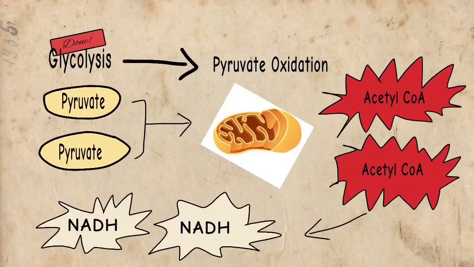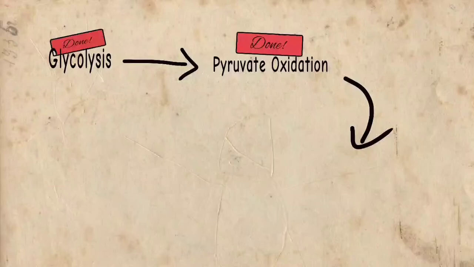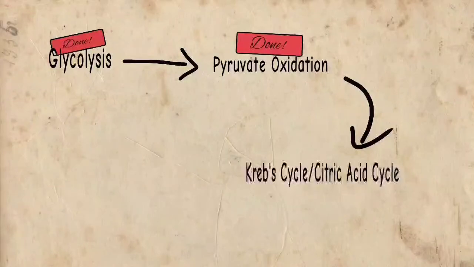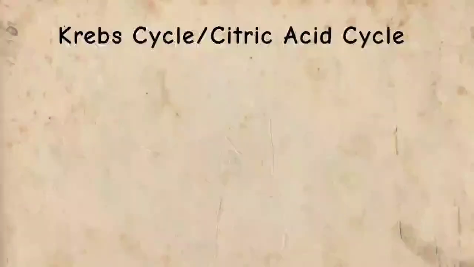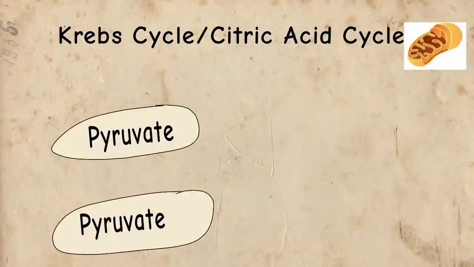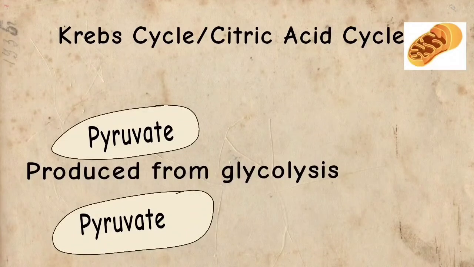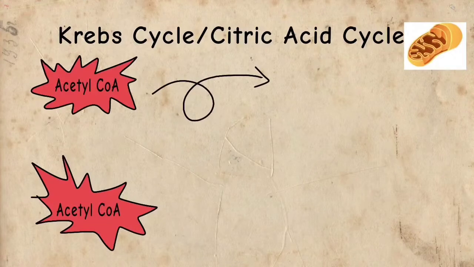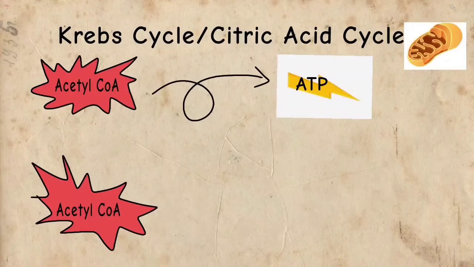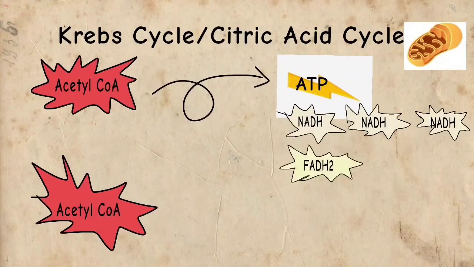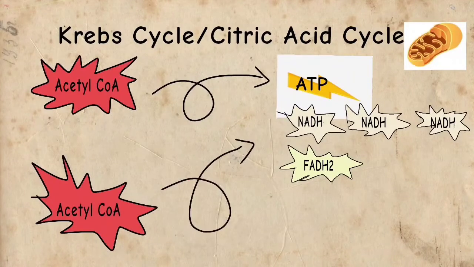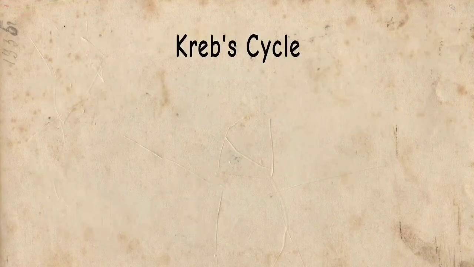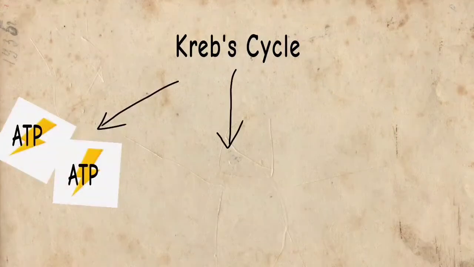The second step is the Krebs cycle, or the citric acid cycle. This happens in the mitochondrial matrix. The 2 pyruvate produced earlier are oxidized, producing 2 acetyl-CoA. An acetyl-CoA will undergo one turn or cycle, producing 1 ATP, 3 NADH, and 1 FADH2. The other acetyl-CoA will undergo the second turn or cycle, making the Krebs cycle net yield 2 ATP, 6